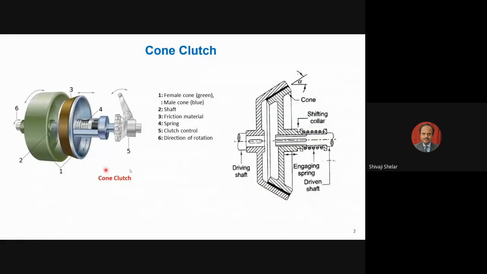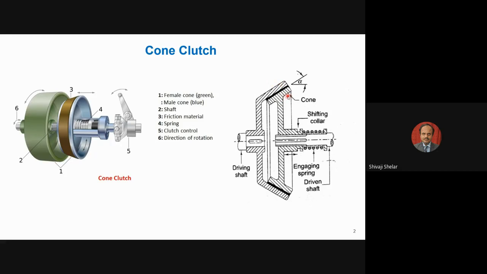Okay, so this is your cone and cup clutch arrangement. This is the cup, this is the cone. This is the external surface, which is in contact with the external air, and this is the internal surface, which is in contact with air. So I am assuming the heat transfer coefficient on this surface is the same as the heat transfer coefficient on this surface also.